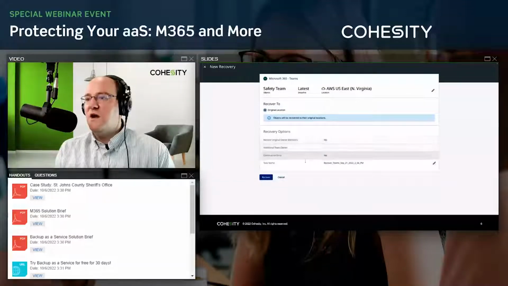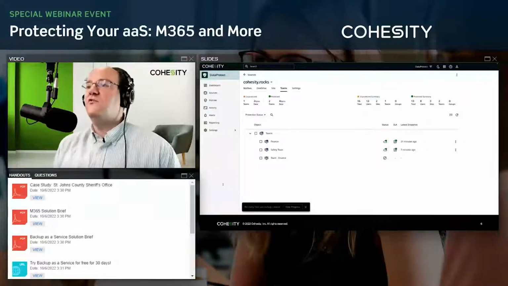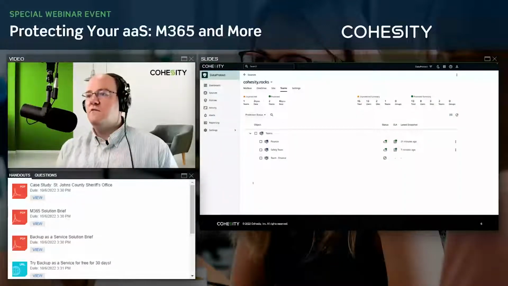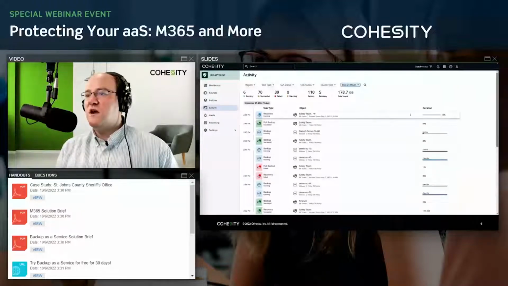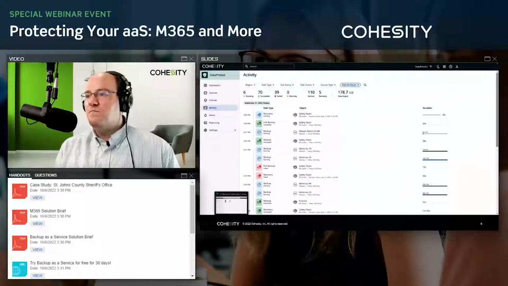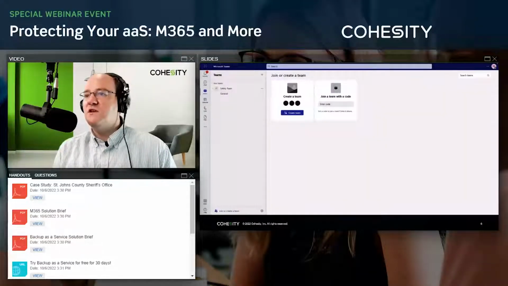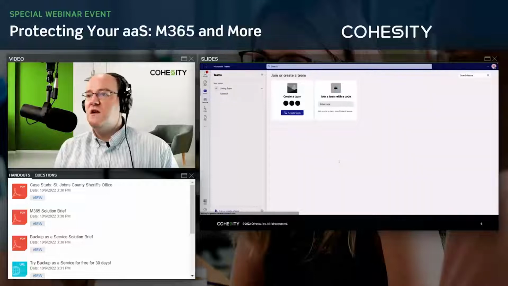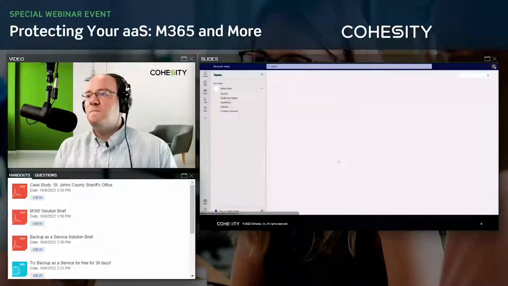So let's do a recovery. We've got some different options: back to the original location, and to restore the original members at the same time. So it's not just the data, but it's also some of the account configuration of that particular Teams area. We're showing that there's an active task, and look at that. We're starting to see some of the Teams information populate back up again after it had been deleted.